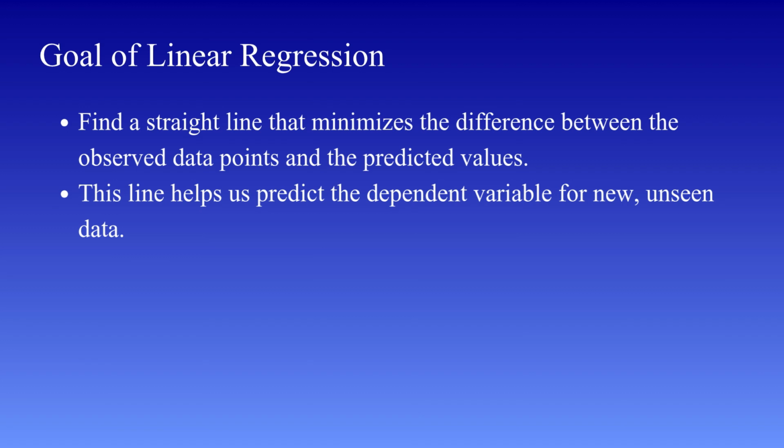Finally, linear regression aims to generalize well to new data. A good regression model should not only perform well on the data it was trained on but also give accurate predictions on new, unseen data. This ensures that the model is reliable and practical. So, to summarize, the key goals of linear regression are: to model relationships, to make predictions, to minimize error, to interpret variable influence, and to generalize well. Understanding these goals gives you clarity on why we use linear regression and what we expect from it in practical applications.